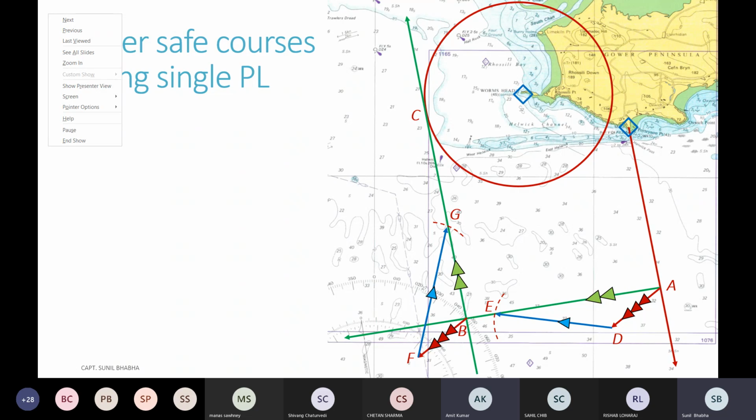CMG टेंजेंट उस पे सेफ डिस्टेंस भी रहता सर। Okay, so you are saying कि if we had the navigable waters north of Worm's Head, correct, so then you could give a starboard alteration and you could pass at a safe distance moving in the navigable waters. टेंजेंट आ सकता था ना सर। राइट बेटा, वैसा क्वेश्चन बनाना थोड़ा सा मुश्किल हो जाएगा. Yeah, it will be very difficult to make that kind of question. फिर उसमें ट्रांसफर क्या करेंगे सर? उसमें तो फिर कुछ होगा नहीं ना ट्रांसफर। आएगा नहीं बेटा, ऐसा सवाल नहीं आएगा, बिकॉज़ इसमें बहुत सारे वेरिएबल्स हो जाएंगे।